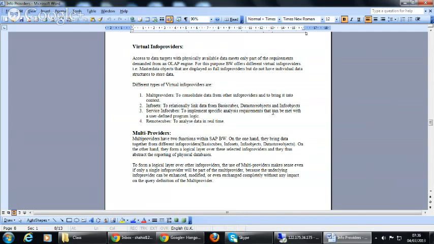And virtual info providers: there are service info cubes, there are remote info cubes, there are multi providers and info sets. So, what are virtual info providers? Generally, they are PL/SQL statements, and generally in BW, using physical info providers only satisfies part of the requirement.